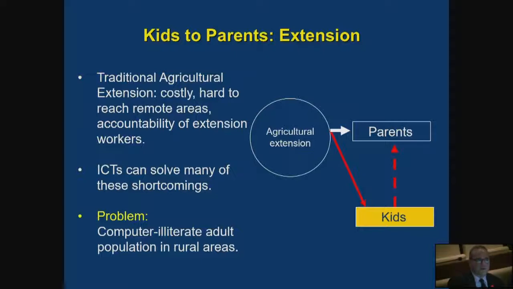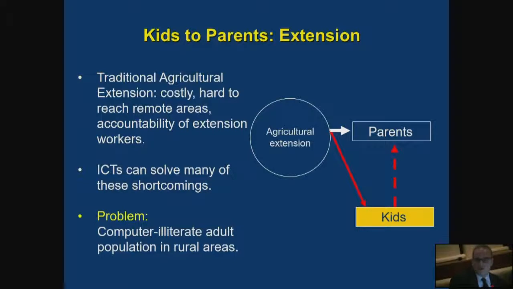So the next step was kids to parents, and we did it without ICTs and with ICTs. Without ICTs was basically the traditional way, but giving good content in terms of how to reduce the probability of getting infected through leukocytosis. And we did it with ICTs. And the idea of the ICTs was this upward intergenerational mobility to parents, and see if that worked. I knew that I could influence the behavior of kids. What I wanted to know is how much I could influence the behavior of parents.